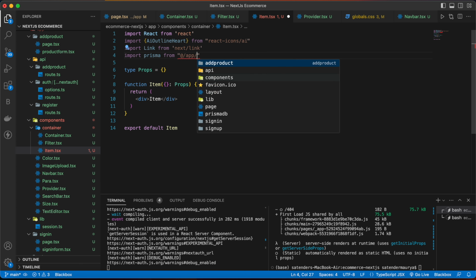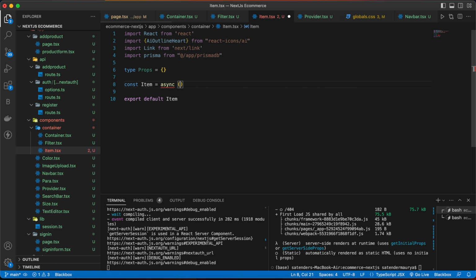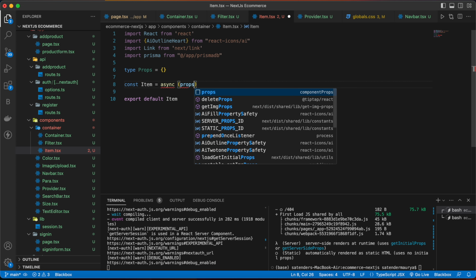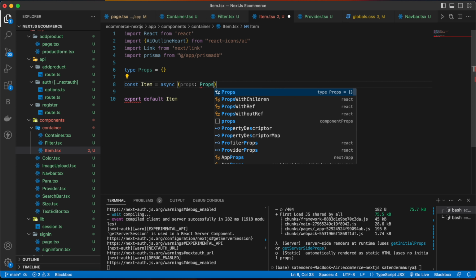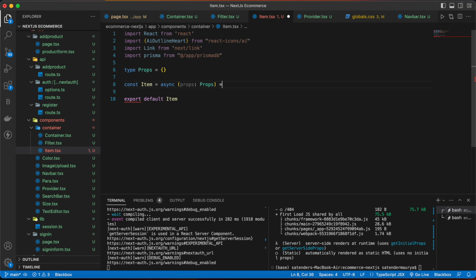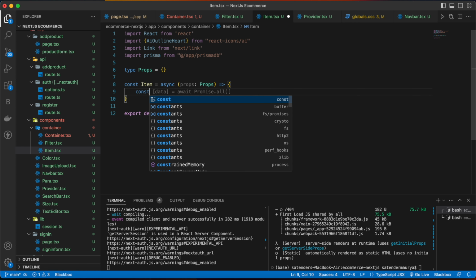And let's make this arrow function, so const item, an async function, and inside that we are going to pass our props, which will be a type of props, then our arrow, and inside that we are going to have our products.